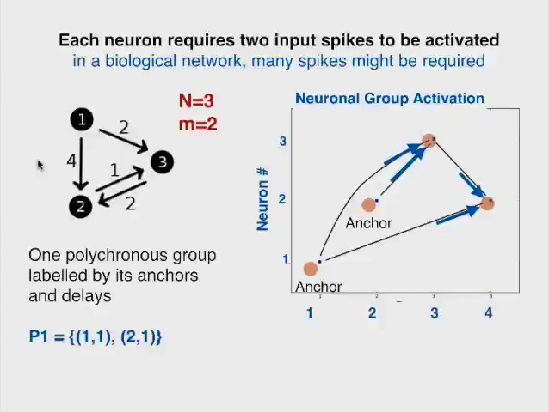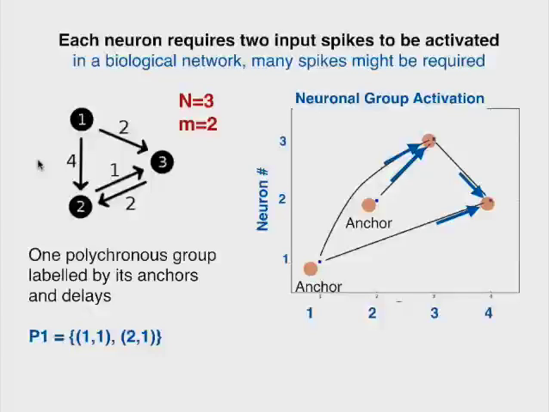Now, if you're going to do an algebra, you've got to establish symbology. So the symbology says that the polychronous group is solely determined by the first 2 nodes. The minute these 2 fire in a given network, everything that follows is predetermined. So if everything is predetermined, there's no point recording it. So the polychronous group will be identified only by these two neurons and when they fire. And that will be annotated as